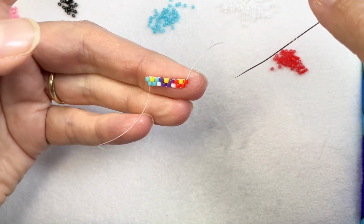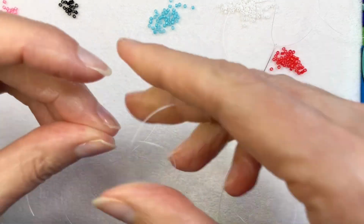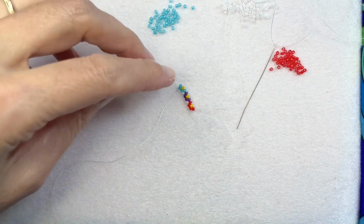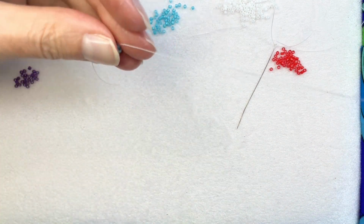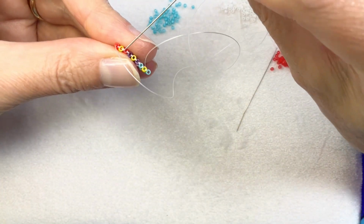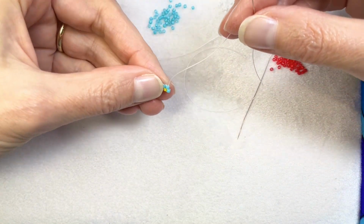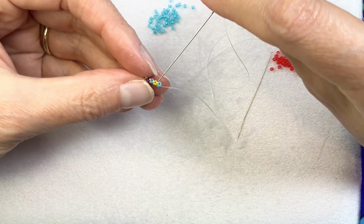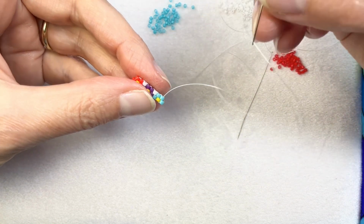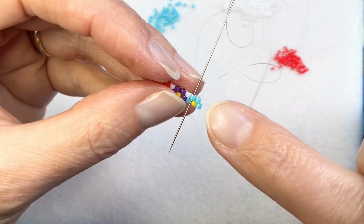Tighten everything up. So this side is ready to go. Really quickly, I'm just going to pop a needle onto the long tail that we left exiting out of that bead. And just getting this done now so that when I'm doing my next brick stitch step, I'll be brick stitching into the thread bridges here along the top. And so I'd like to make sure that this thread bridge here at the end is nice and strong for that. So what we'll do to make sure that happens is we'll take this tail thread and we'll just go through this bead